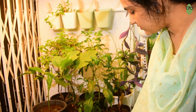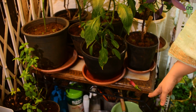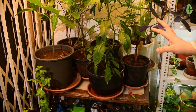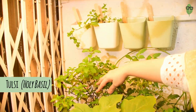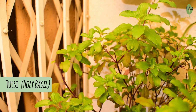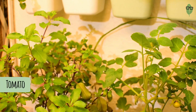Okay, so I have this one table which I removed from my living room and I brought it out here. It's just a temporary setup, so I just put a plastic sheet on top of it, and I have stuffed as many plants as I could. So I'll just tell you what plants are there. This is the tulsi, and it's been growing quite well. It's become green and lush since I've got it. It's growing really well. There's a lot of new growth underneath the light,